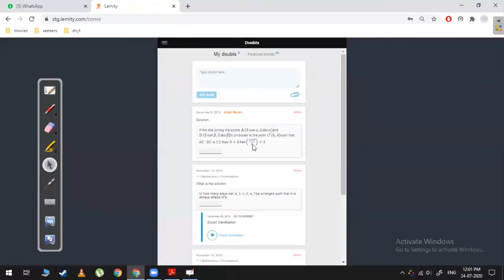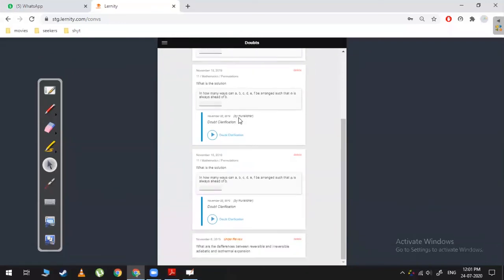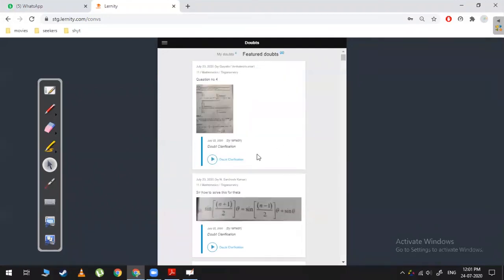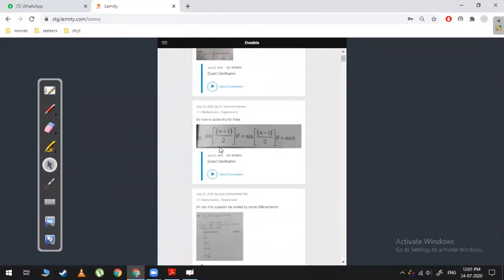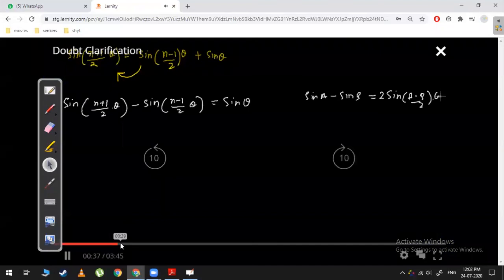So when you click on My Doubts, all the solutions which I have shared with you guys are there. Suppose this is a girl from 12th class, but see, she has also got 11th class questions. So if I have solved some questions, for 11th class you will get all the featured doubts. Here you have My Doubts, see on the top left. Here you have featured doubts, just on the right side. Can you see? In featured doubts, I have given doubt clarification for 86 question. There are many questions which I have given. See, this question is solved here.